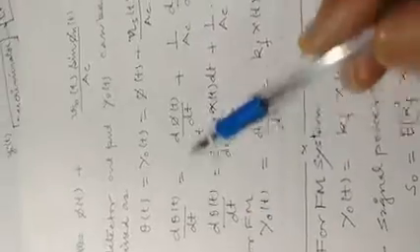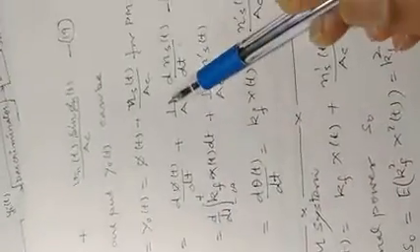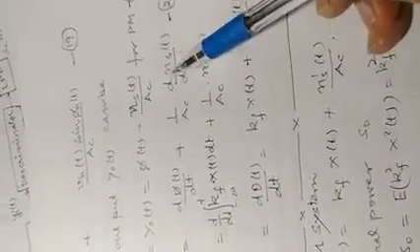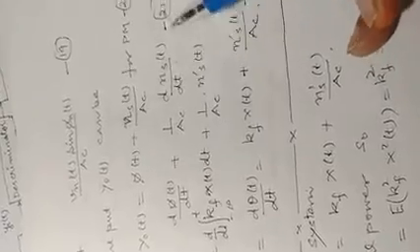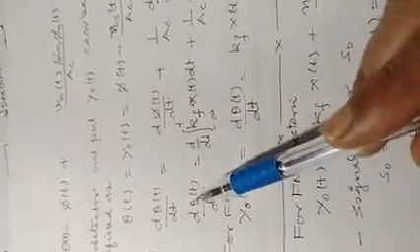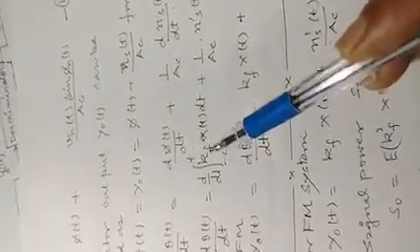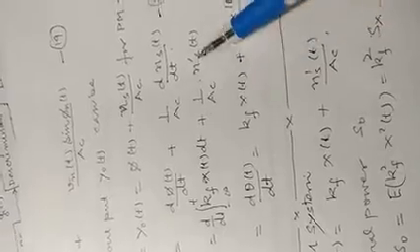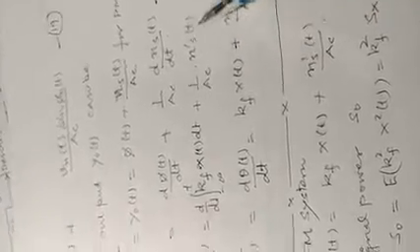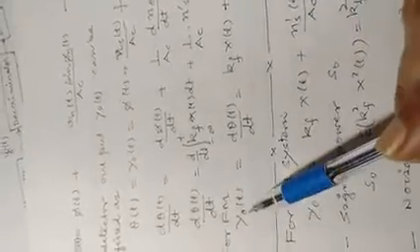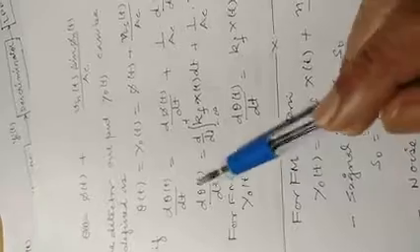dθ/dt is equal to dφ/dt plus 1 by Ac and ns dash of t dt, and here we have written it as dθ/dt is equal to d/dt of the integral from minus infinity to t of kf x of t dt, plus 1 upon Ac ns dash of t. So here we have represented this value by n dash of t. So this is the equation, and here we say that dθ/dt is the output for the